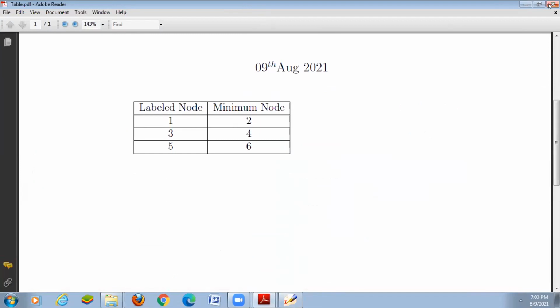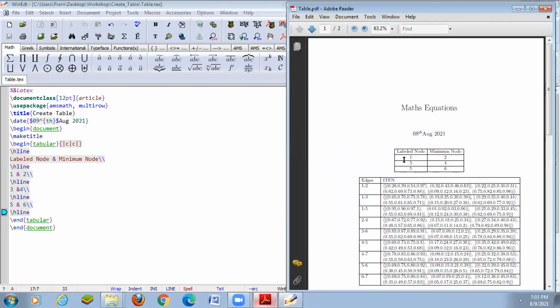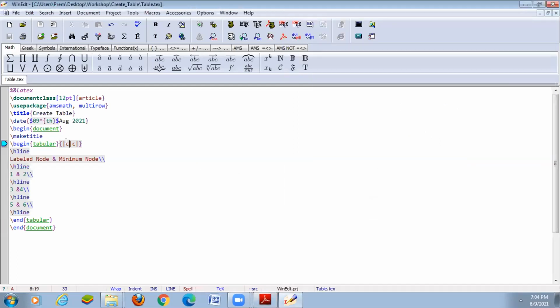Suppose you want to justify in left alignment, so you define that in the table expression. C means every element will be center aligned. If you want left-justified alignment, remove the center alignment and use left alignment, L. So the first column is in left alignment, the second column is in center alignment.